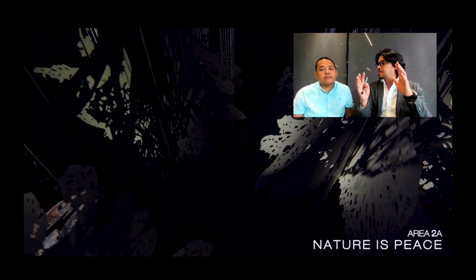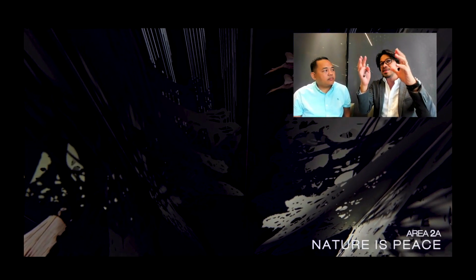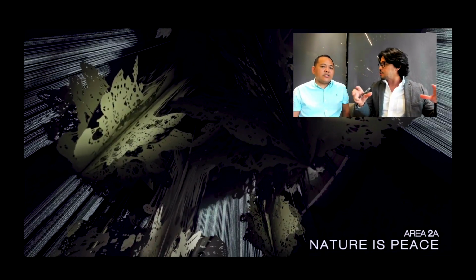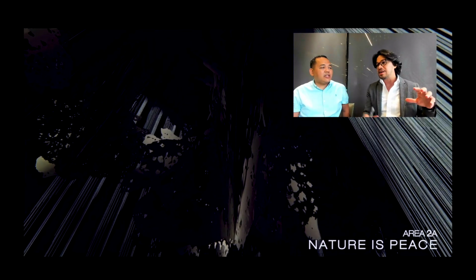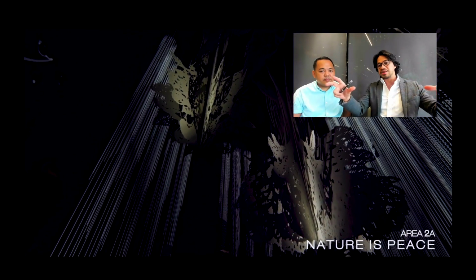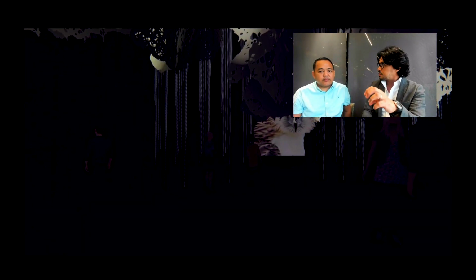But the idea was to create this hologram, almost like an image of scale, so that we can create the height and the scale that we need from afar. Because take note, we are beside the big countries, beside Canada and Portugal. By looking at the sizes of their plots, they're also big, and we didn't want to develop something with a big plot and a small building. But we have to work with a certain size of building